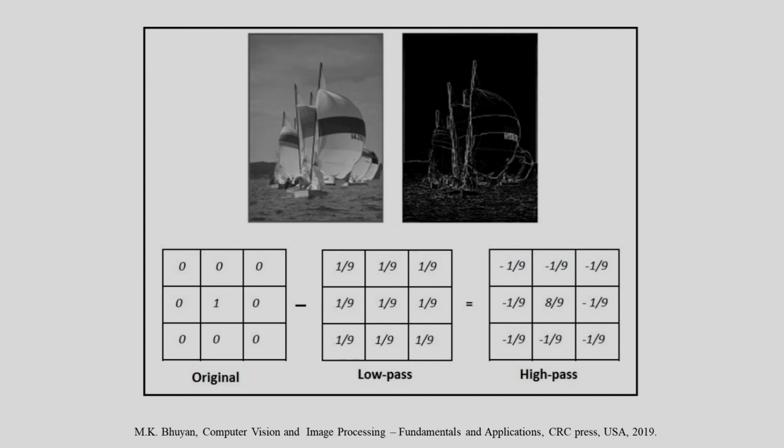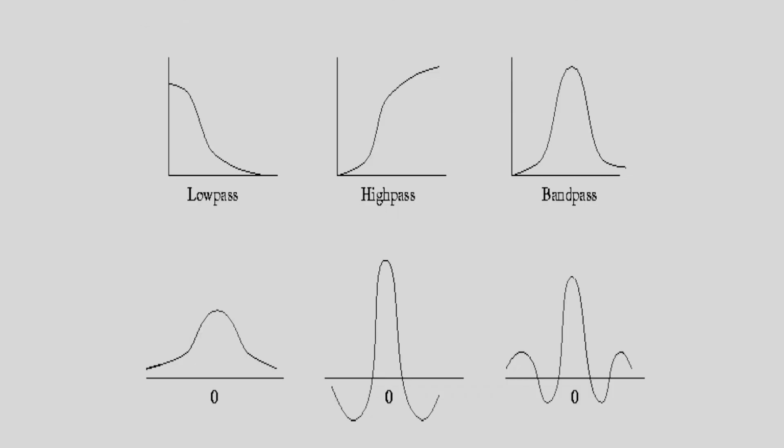And here I am showing one example, and the original image I am considering, that is the original mask I am considering, that is nothing but the identity mask, and this is the low pass filtered mask. And if I subtract the low pass filter mask from the original, I will be getting the mask corresponding to the high pass filter. And if I apply this filter in this image, the input image, then in this case I will be getting the edges. So that means edge sharpening I can do by using the high pass filter, because I am considering only the high frequency components.